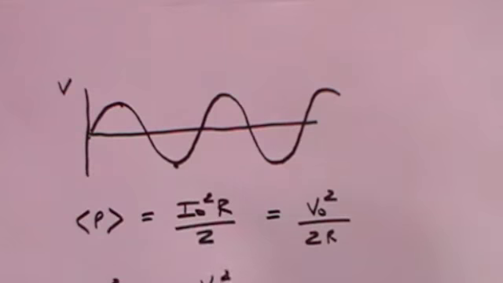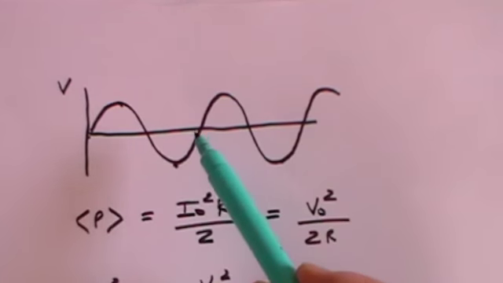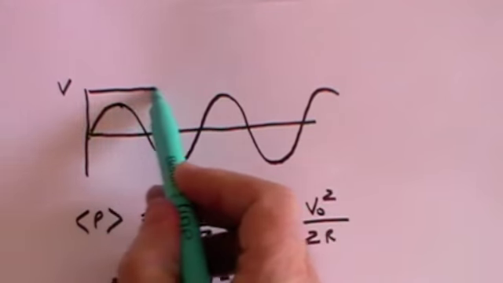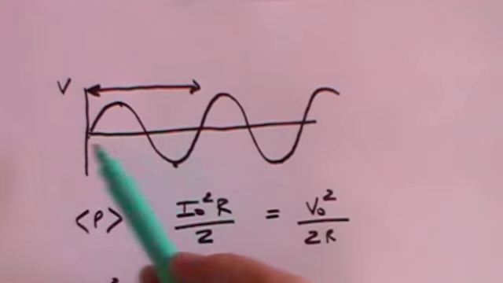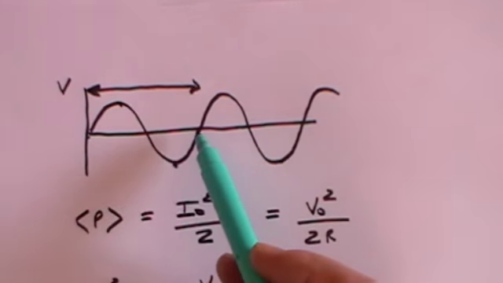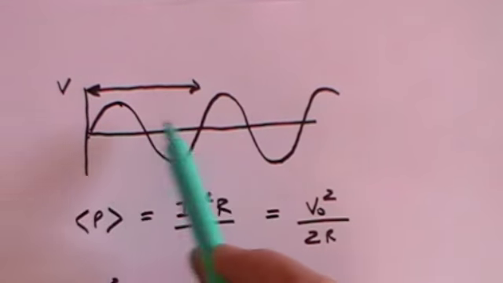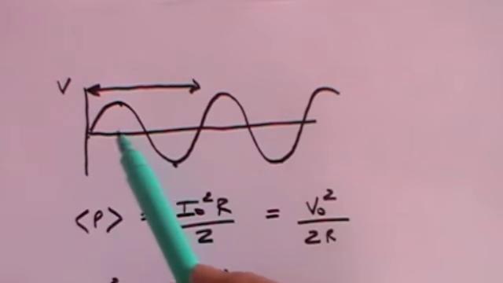Because if you look at the sine wave, obviously the true average of a sine wave over an entire wavelength, there is the wavelength, the true average is 0 because it is positive for half the cycle and precisely the same negative amount for the other half of the cycle. So the true average is 0. What we mean when we talk about